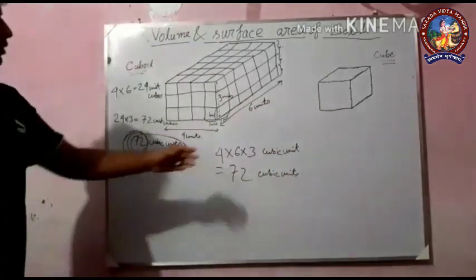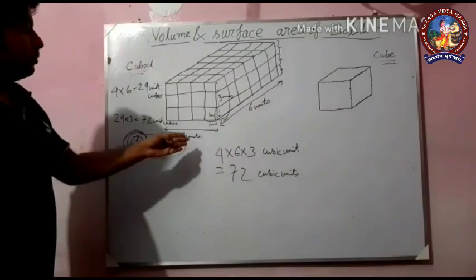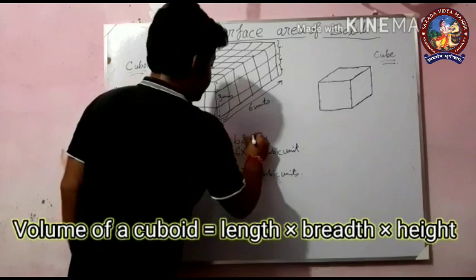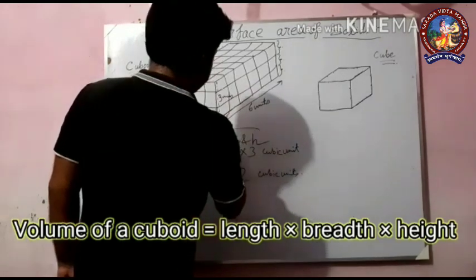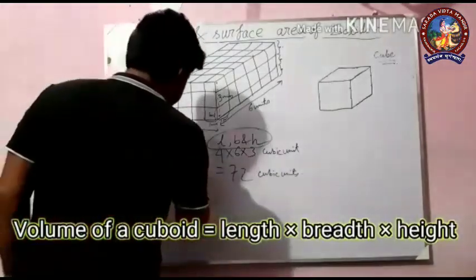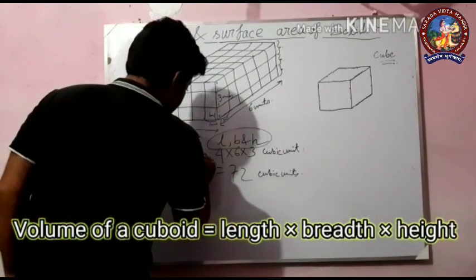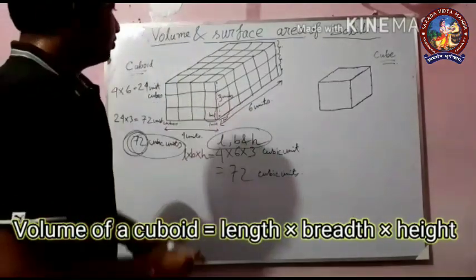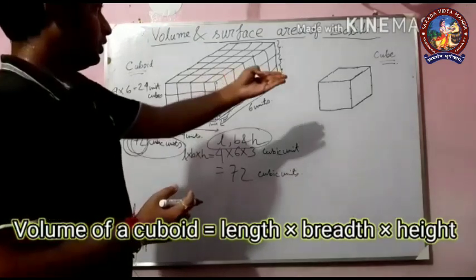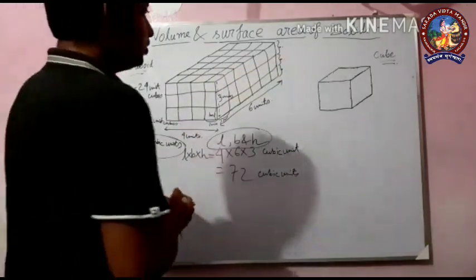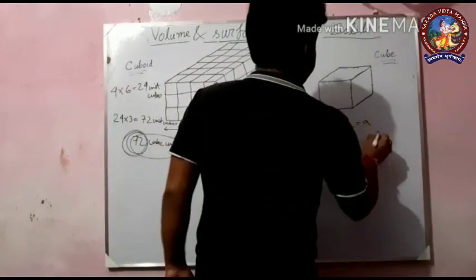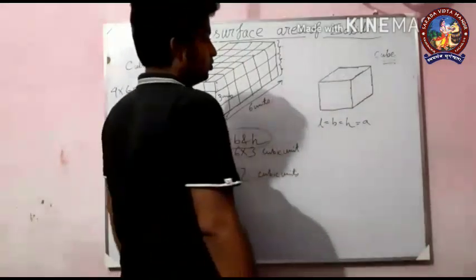So how I am getting this volume? By multiplying the length, breadth and height of the cuboid, right? I am just multiplying length into breadth into height. This is the volume of the cuboid, formula for the volume of the cuboid. Same thing will be happening here in the case of cube. We know that the length, breadth and height are same in the case of cube. So